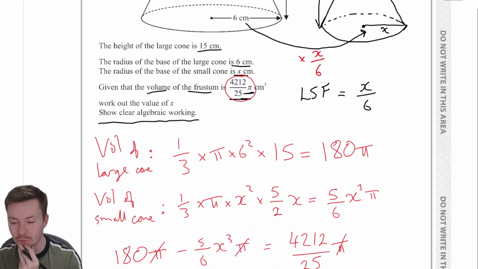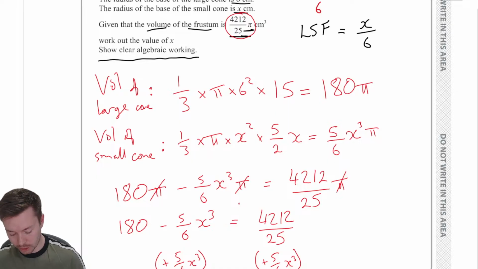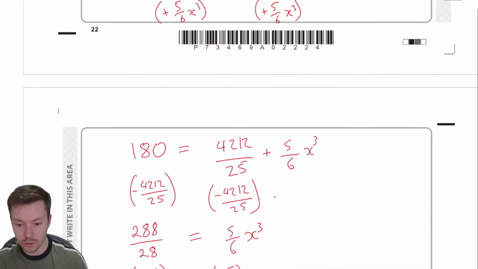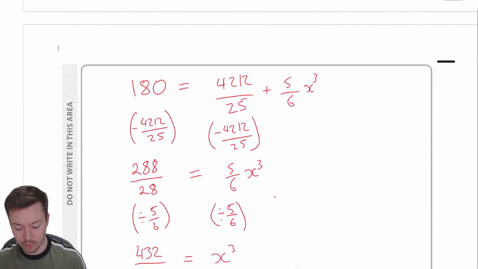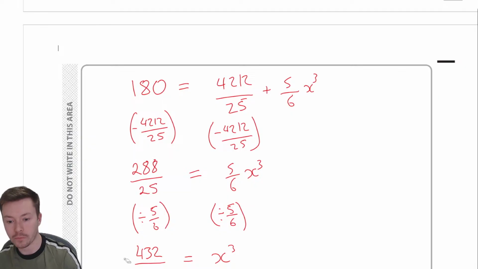So this all looks right. 1 times 5 is 5, 3 times 2 is 6. Yeah, right. And then we've got 180 minus this 4212 over 25, and 180 minus that. Divide that answer by 5 over 6. Yes, I don't know what's happened there when I've done that. Have I miscopied something down? I have. That's what I've done. Simple, careless error. That should have been 25 on the bottom. And then that makes this, when you divide by 5 over 6,